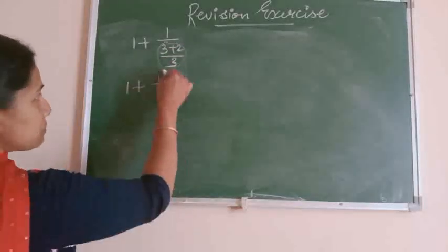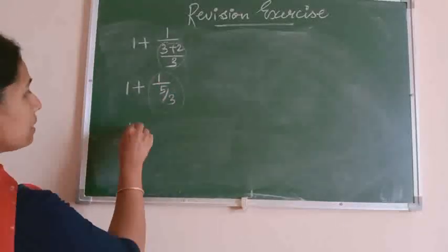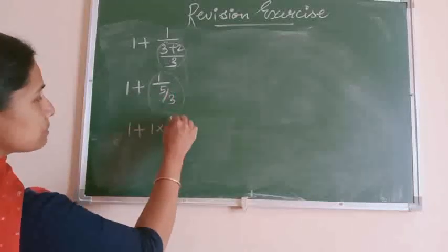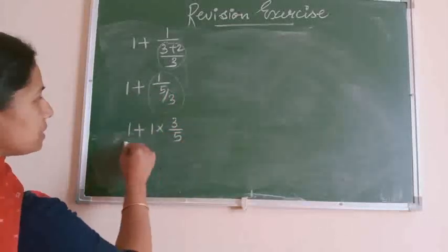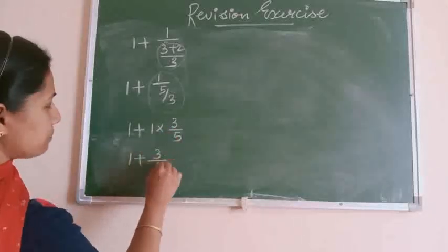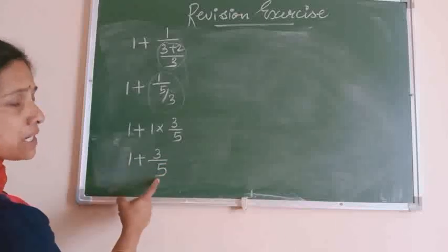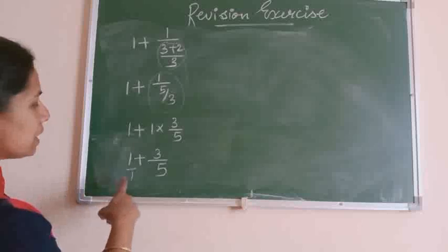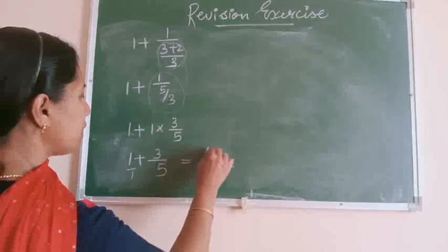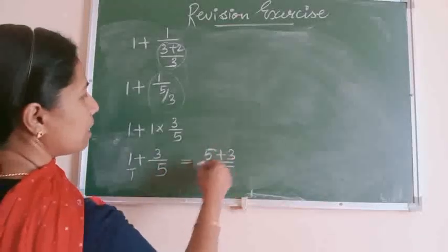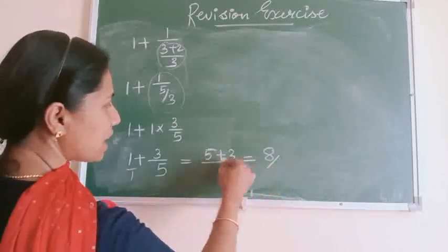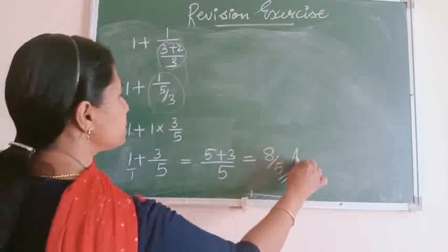First we will solve now this one. It is division of fraction. So it became 1 plus 1 multiplied by, we are taking the reciprocal of 5 upon 3. Reciprocal is 3 upon 5. Now solving this, 1 plus sign, 1 into 3 upon 5 is 3 upon 5. Again it is the addition of fraction. Finding the LCM. 1 means 1 upon 1. LCM of 1 and 5 is 5. So we are taking LCM 5 and this one became 5 and this is same 3. And 5 plus 3 upon 5. So after adding you are getting the answer. 5 plus 3 is 8 and the denominator is 5. It is the answer of this question.